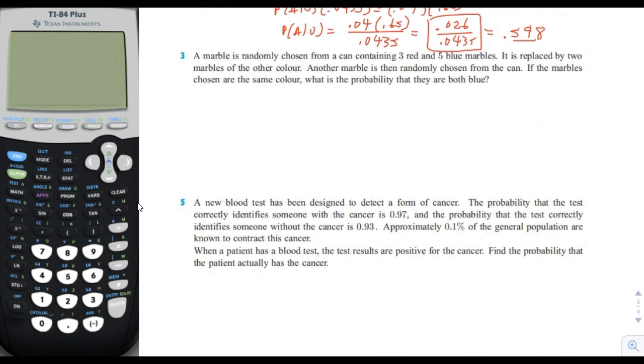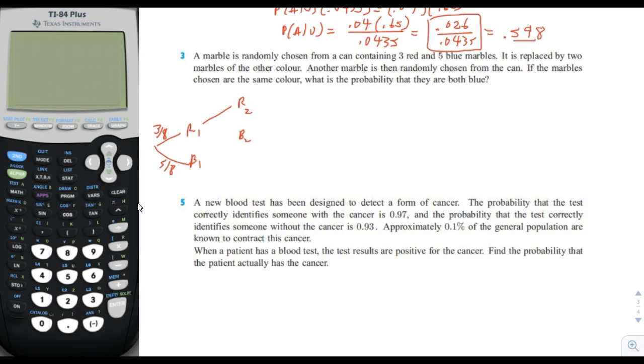This is an ideal candidate to draw a probability tree. So let's first say, okay, we are going to draw either a red marble or a blue marble. And what is the chance that we will draw a red marble? It will be 3 out of a total of 8 marbles. And the probability that we will draw a blue marble would be 5 out of 8. And then the second marble drawn would have a different probability,